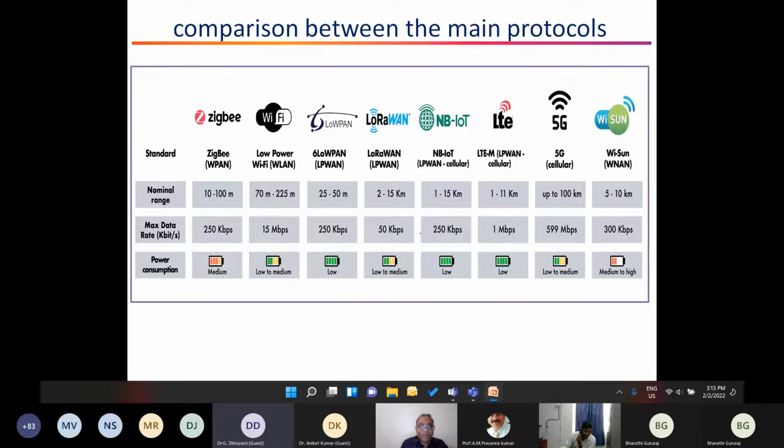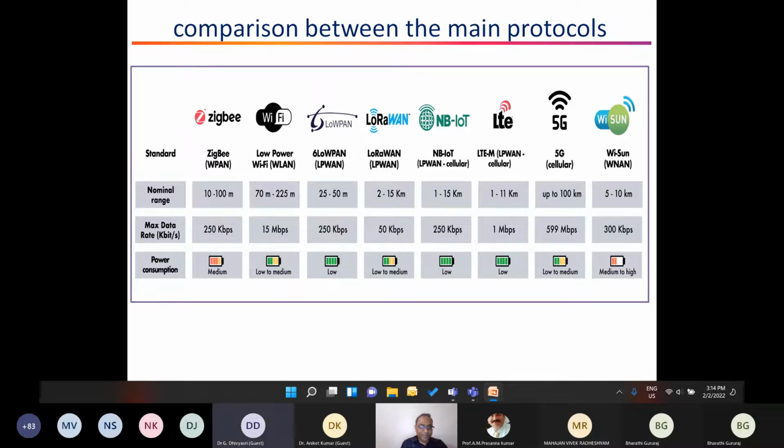We can work with them and then try which one suits better to our requirements. Again, there is a huge challenge, so it depends upon what sort of system you are working with, right? Whether there is a requirement for short distance communication, long distance communication, at what rate you want to send the data, and what your power backup is, right?